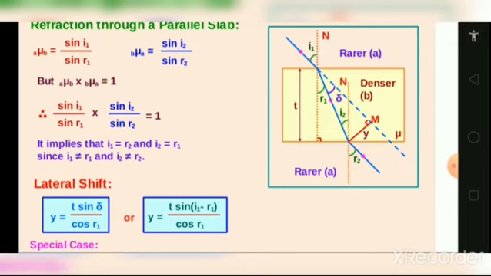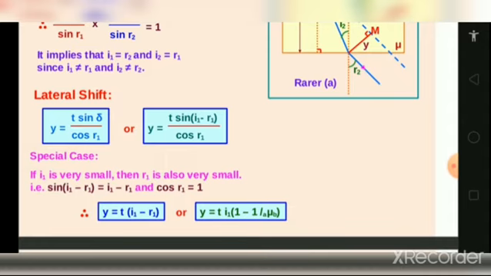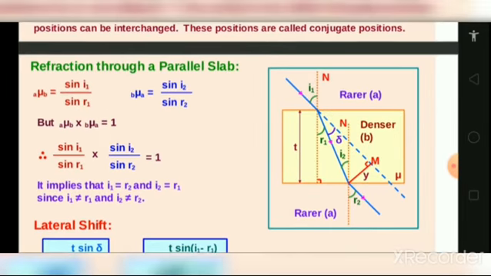Now what happens when the shift is said to be a lateral shift? You can get the equation y is equal to t sine theta upon cos r, or y is equal to t sine (I minus r) upon cos r. Now what is meant by lateral shift? As you can see on the screen,